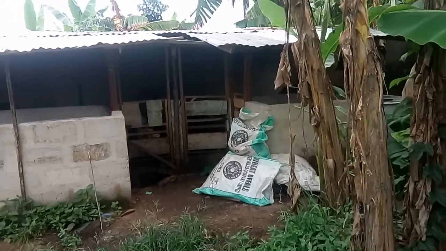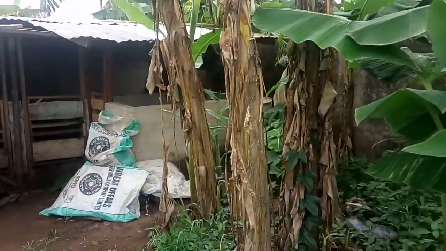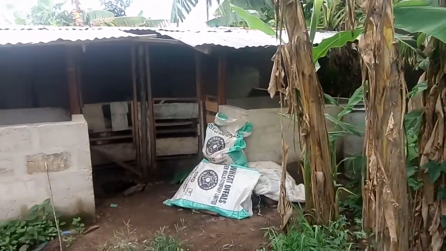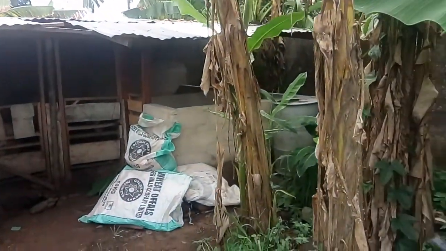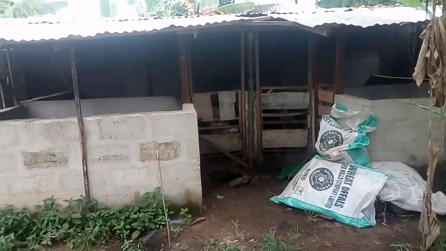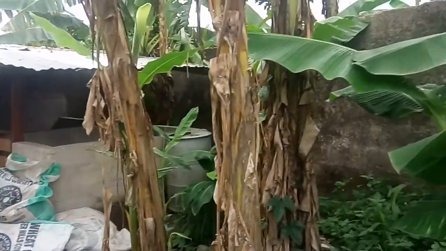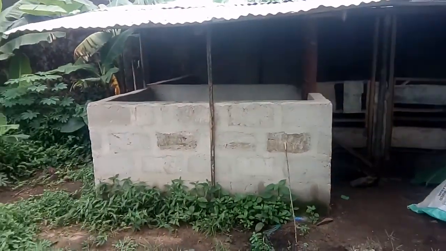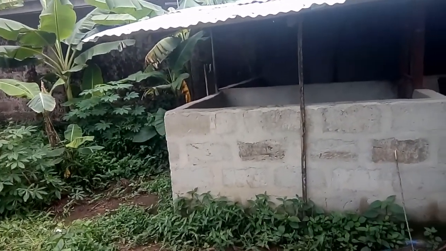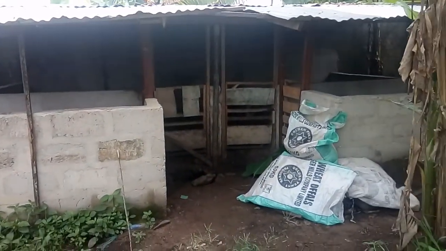Hello guys, if you look at your screen there, you will just see a pigsty. You can see a pigsty there on your screen. That is a substandard pigsty. It is not standardized. It's just constructed around vents, but you can just start with this. This is a small pigsty which is just constructed. You can see where the coach stop,